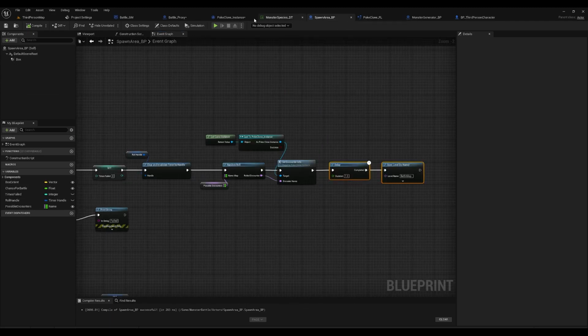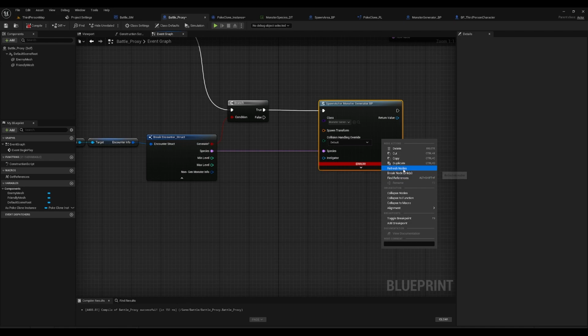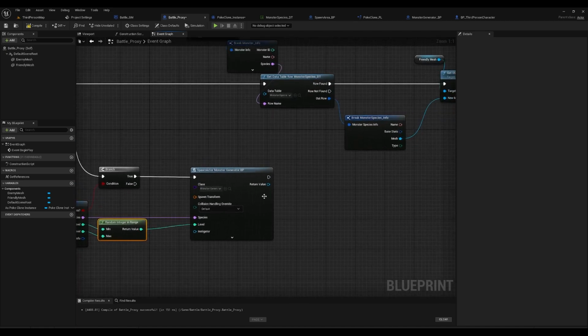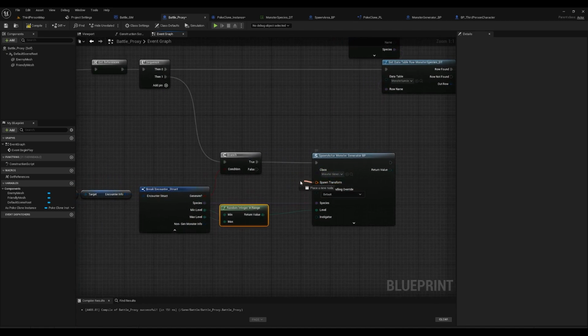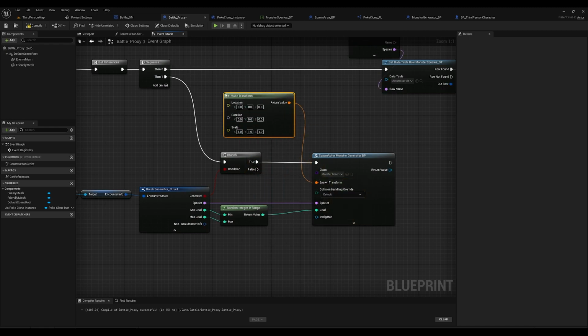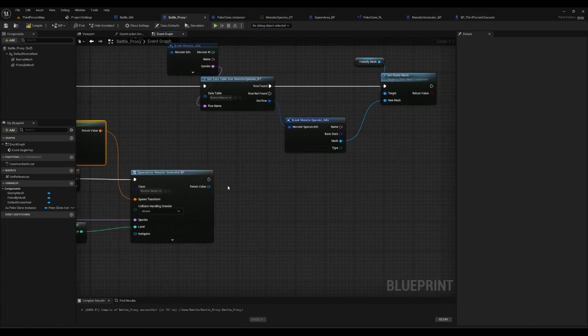And then in the battle proxy, I'm going to refresh that, and we want a random integer in range between minimum and maximum, and set that as the level. We're going to make a 0 transform because that doesn't matter. Then once we have the monster generator,